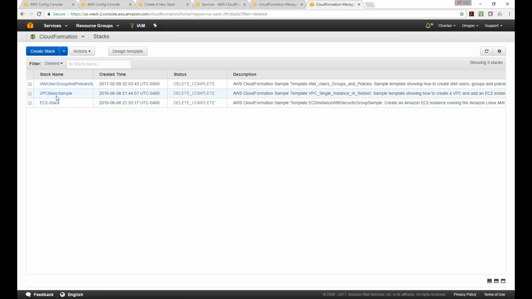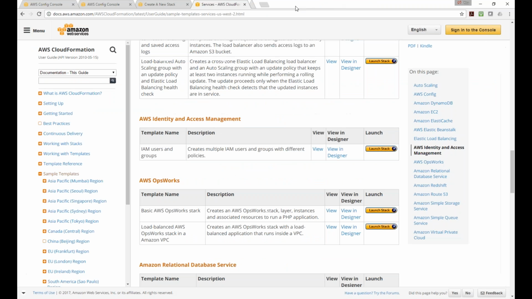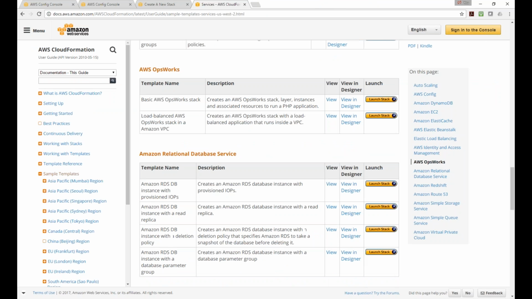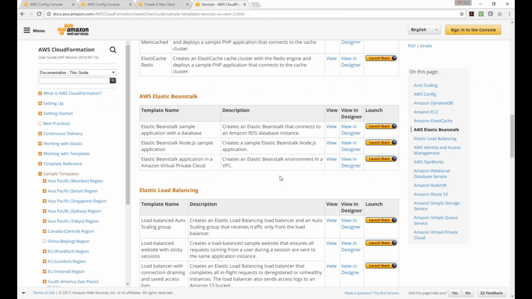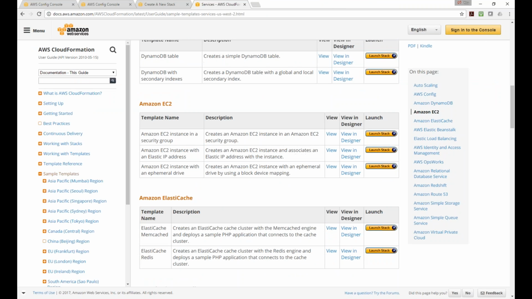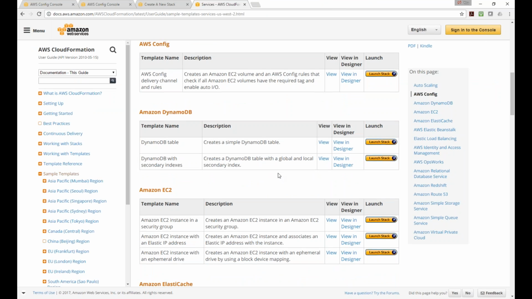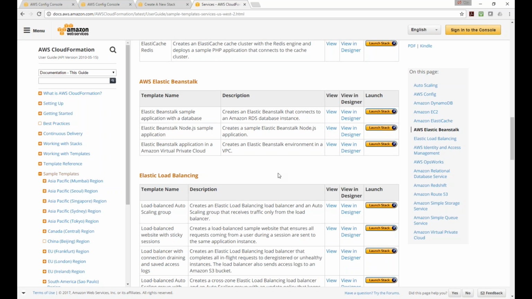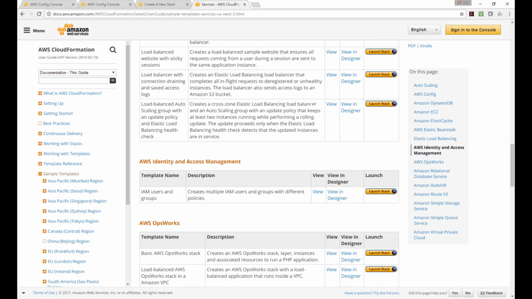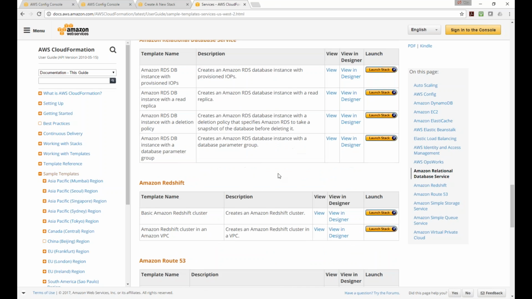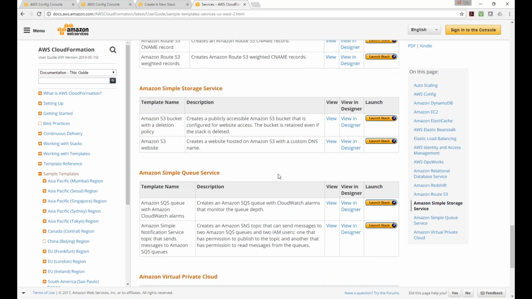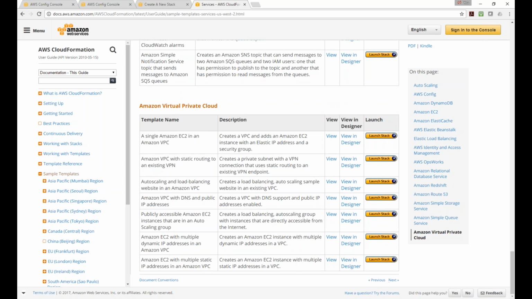VPC basic sample. So I'll show you how to create a VPC stack now. Okay, let's go and do that. Let's pick another one. All right, here it is, Amazon Virtual Private Cloud. So what I'm going to do is,